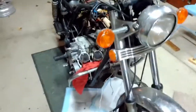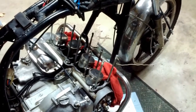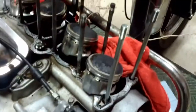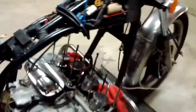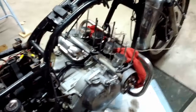Alright, and here we have the exciting conclusion. I got all the stuff taken off. We're down to pistons, which I'm going to just keep as they are. I have no real reason to take them off. They look to be in good nick, as the British might say. And, yeah, I might scrape some of that carbon off, just the chunky bits. We'll see. So, yeah, it only took most of the day. Someone who knows what they're doing might not take that long, but